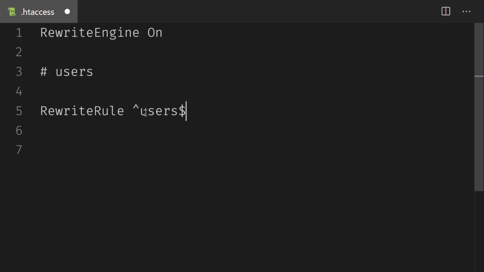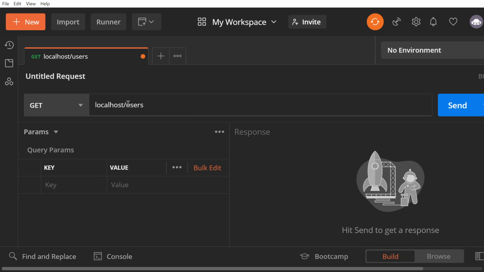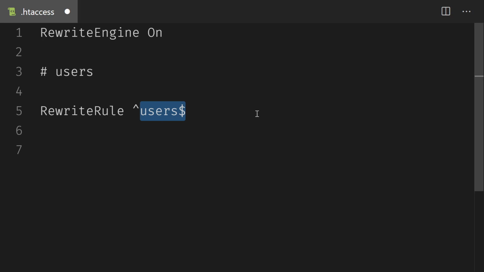So if we go to Postman and point to localhost users, that is the request we're going to try to fetch. And this is going to take us internally to a file that we can call anything we want. I will call it